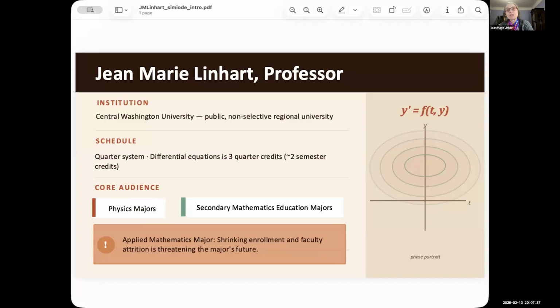So we get through maybe 2/3 of the material that you do, and maybe less because we do not have a true engineering program. We only have engineering technology. The primary audience for the class right now, I think it's split between physics and secondary mathematics education majors, and I think the secondary education mathematics majors might be slightly ahead of physics. There are usually a few math majors, engineering technology, computer science, chemistry. Right now I have a chemistry major in the class, but enrollment challenges, frankly, are threatening the existence of the applied math major, and frankly, faculty attrition is as well.